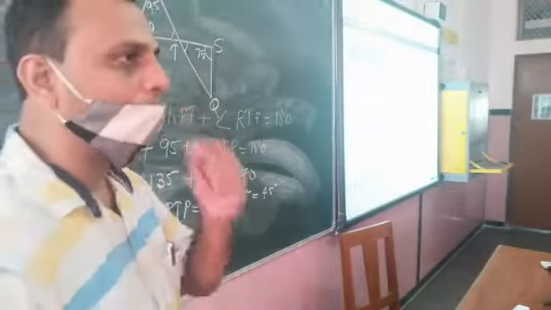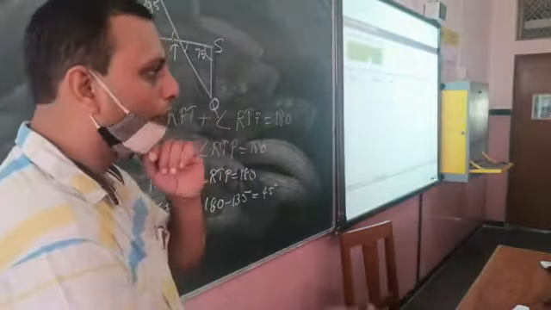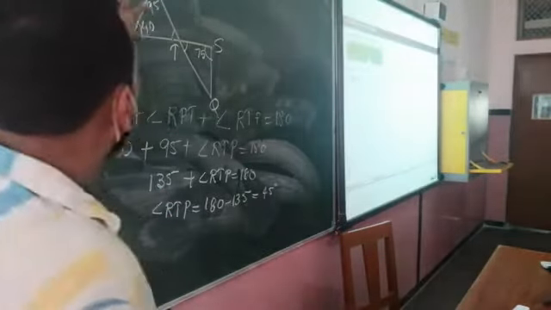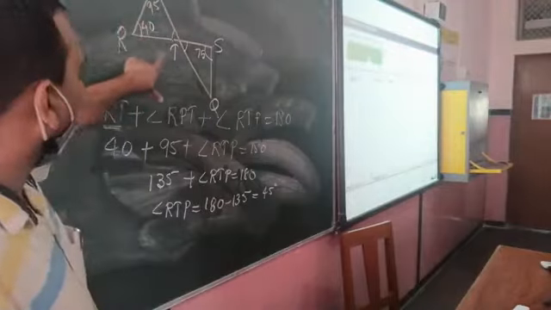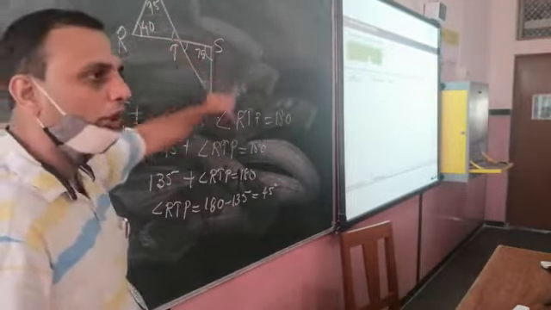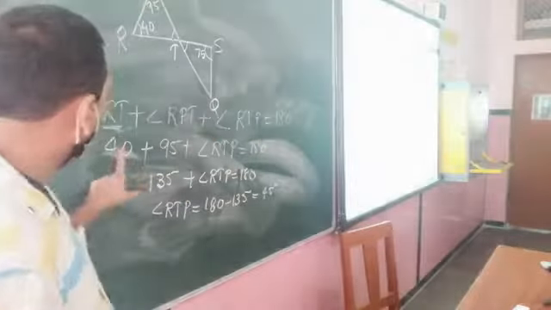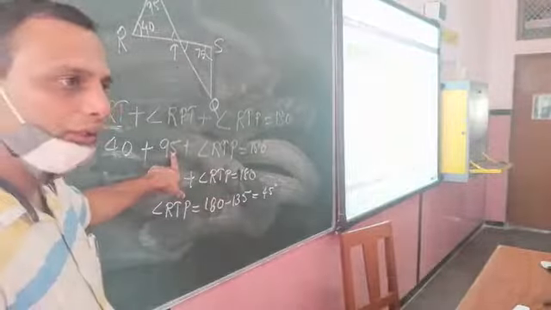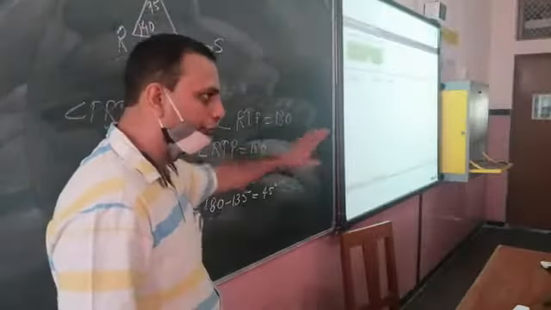How many of you remember what was the angle? I have already told in this video also regarding these angles. Right? So you see, angles R, P and T are given. So we had written all three angles because all three angles equal what? 180 degrees. So we put the value of R as 40 degrees, the value of P as 95, and T we have to find.